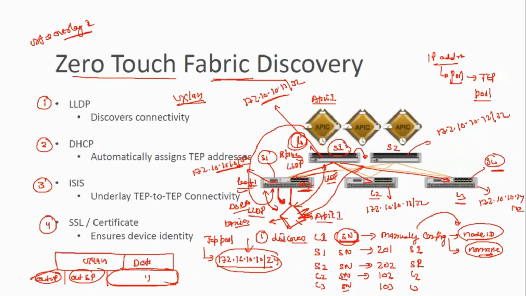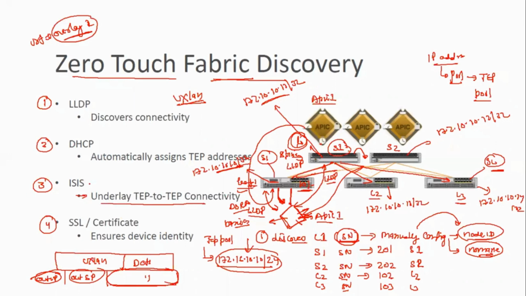That is how it happens. So there will be no L3 interfaces between your spine and leaf. Only IS-IS and VXLAN work between them, and it's configured automatically. You don't have to worry about that. Okay. Now once your leaves and spines are discovered, underlay connectivity is formed between your fabric. I said underlay means overlay, one tunnel will be formed, and that will be used for communication between your spine and leaf.